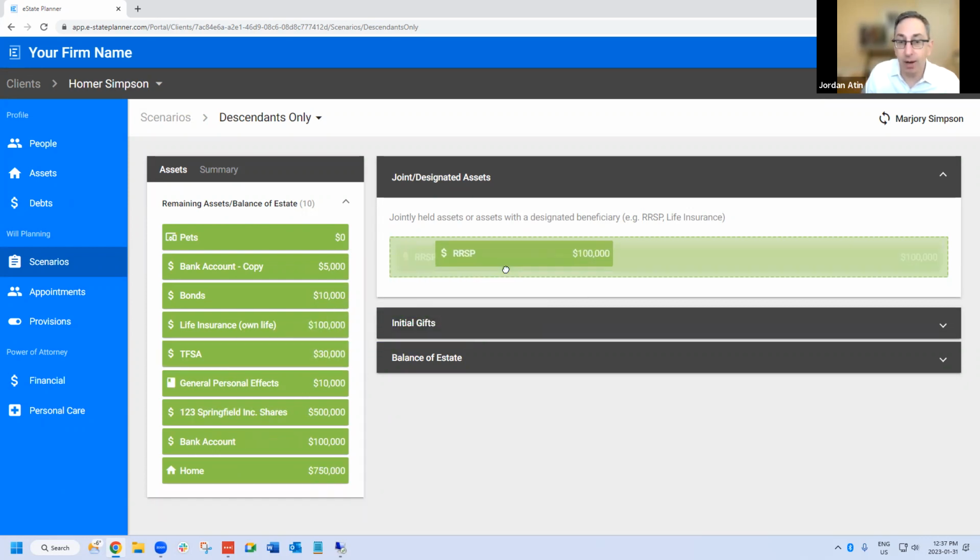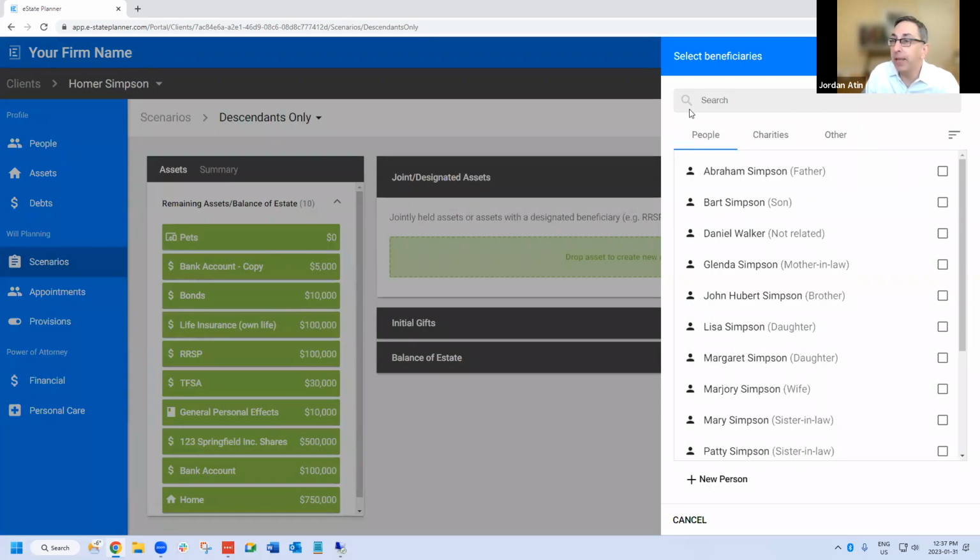You can drag and drop the RSP, and you'll note that there's no ability to name a class as a beneficiary, like my children as the beneficiary of my RSP, because don't forget, this is going to a financial institution that is going to have to make sure that they pay it out properly. They don't want to figure out who's in the class, children predeceased or any of those things. They want to say, is it this person? Is it this person? Is it this person?